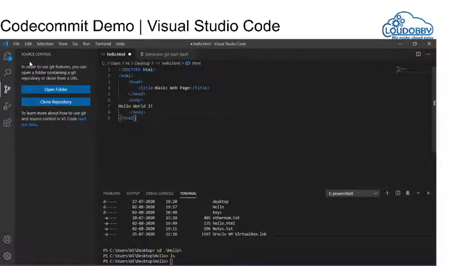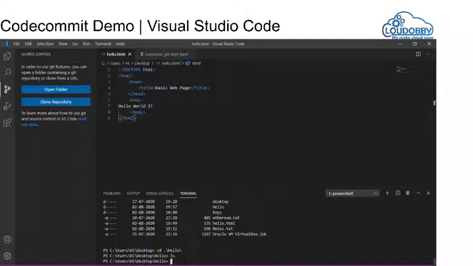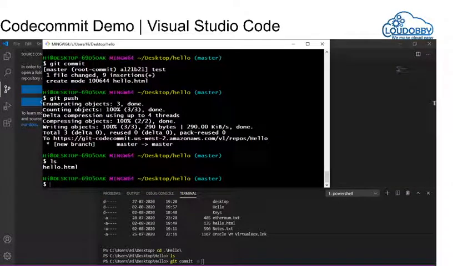Okay, now I am going to save this file again, and I am going to do git commit. Sorry, I will do it in the terminal over here. git commit -m hello 2.